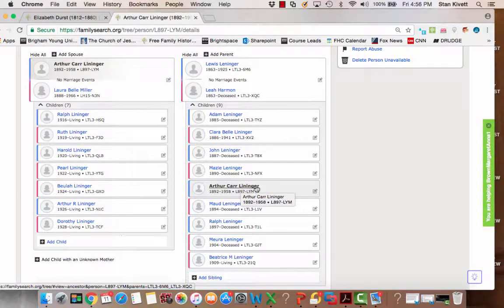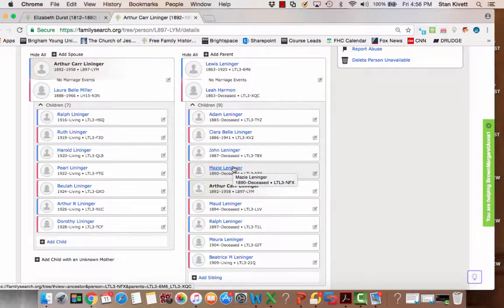And I was confident that they were the same family, and as a result was able to add the other kids that were on that record. And so I have now added a lot of siblings to Arthur. So when we began, we had no children for Arthur, no parents for Arthur, and no siblings for Arthur. At this point, we've added quite a bit.